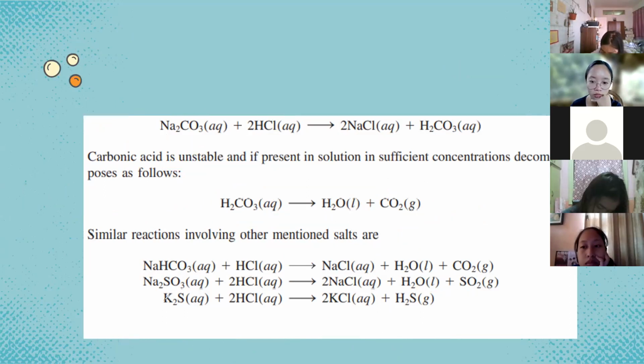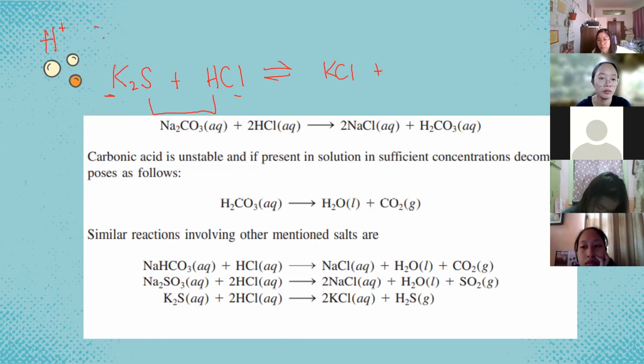And that is also true for the sulfide. The example ng sulfide dito is the potassium sulfide reacting with an acid. Exchange partners, dapat yan sila. K will partner with Cl, so you will have KCl there. And then, exchange partners lang talaga ito. And then hydrogen will now partner with the sulfide. So hydrogen is +1, sulfide is -2. So crisscross. So you will have hydrogen sulfide here. And hydrogen sulfide is actually a